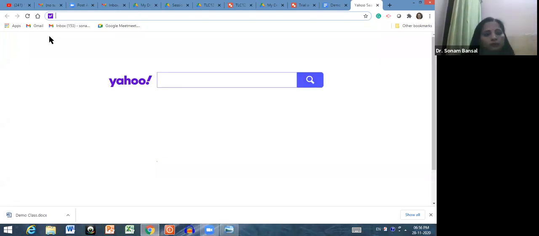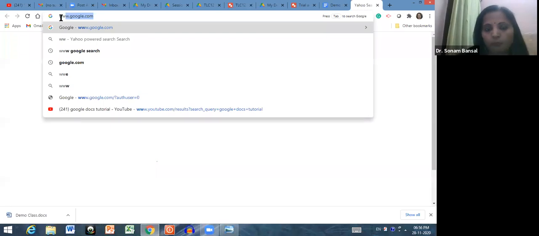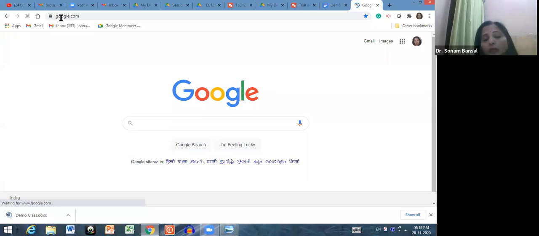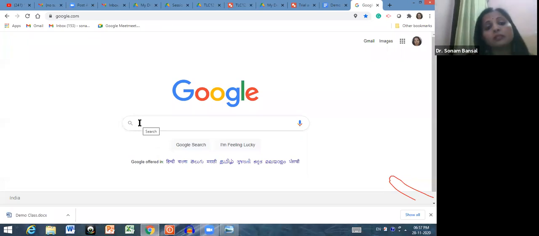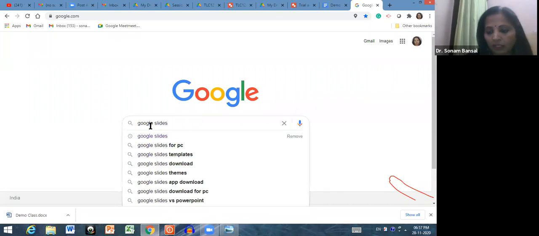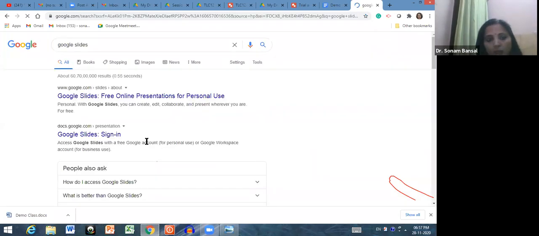For Google Slides, again, because I have told you already about PowerPoint presentation, Google Slides has more features as compared to PowerPoint presentations, and there are better features in this because you can share the videos in this Google Slides. So let me show you the features within 5 to 10 minutes, and after then I will be winding up because the time is going on.